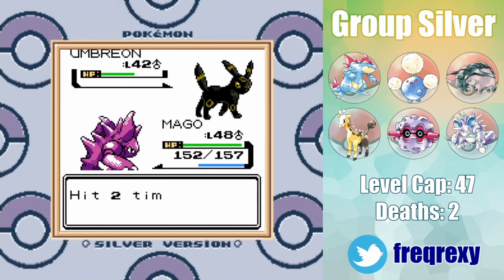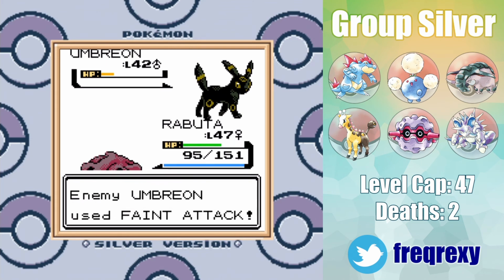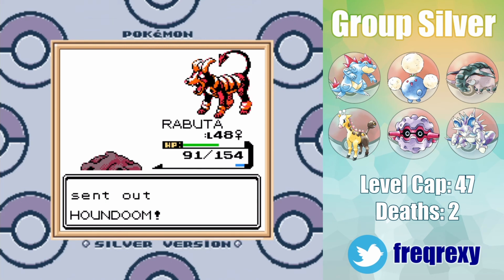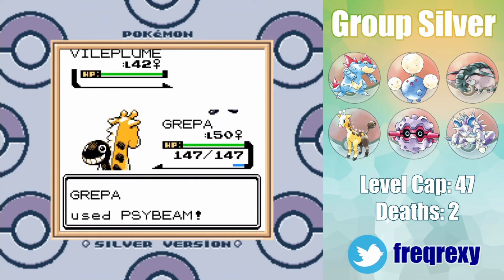Double Kick brought itself down to over half, but Sand Attack lowered its accuracy, so I needed another plan. Maboot attacked all uses of Feint Attack and dodged a Sand Attack, then pushed through with 2 uses of Takedown for the KO. Chesto gave the Houndoom a shower with a single Surf, Grepper landed 2 Psybeams on the Vileplume